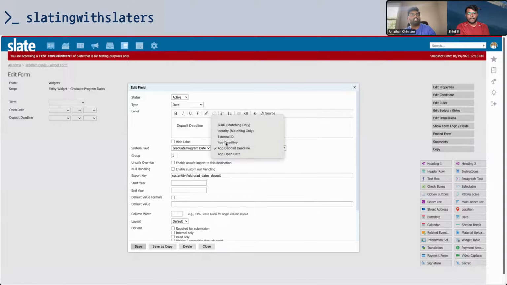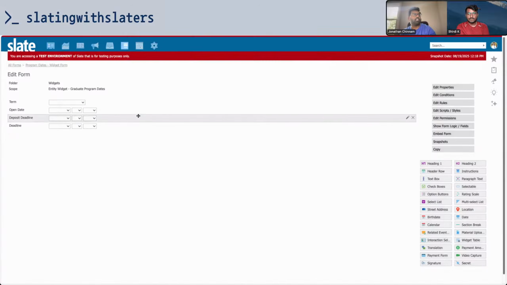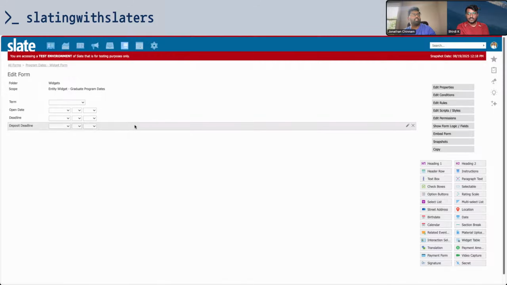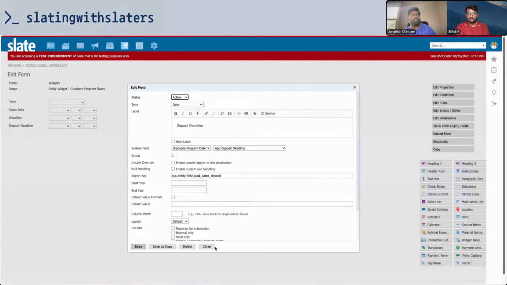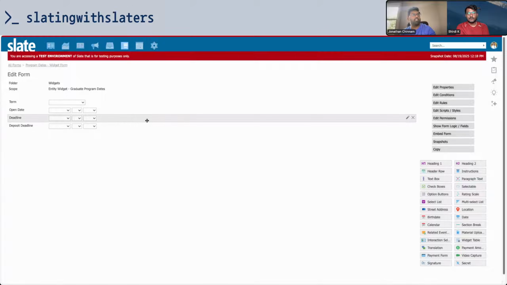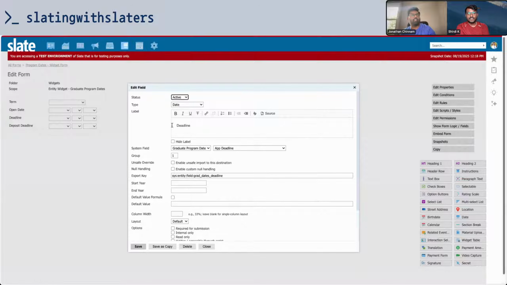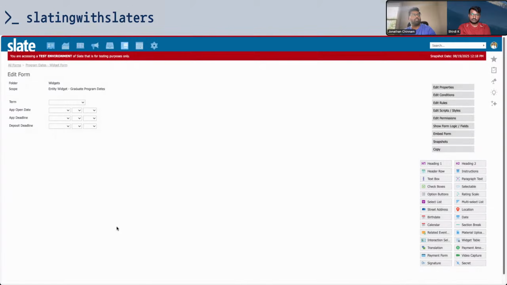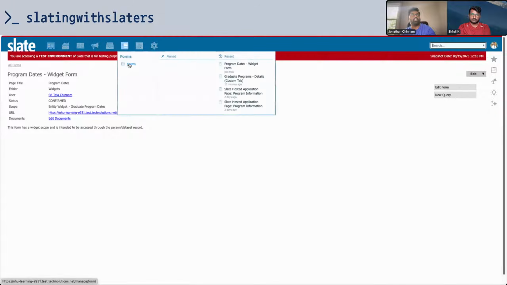What did I do? Deadline. I think I messed up something. Deposit is deposit deadline. App deadline, probably we should name it app deadline. Deadline. Perfect. Now, okay, now that we have a widget, let's go ahead and create another